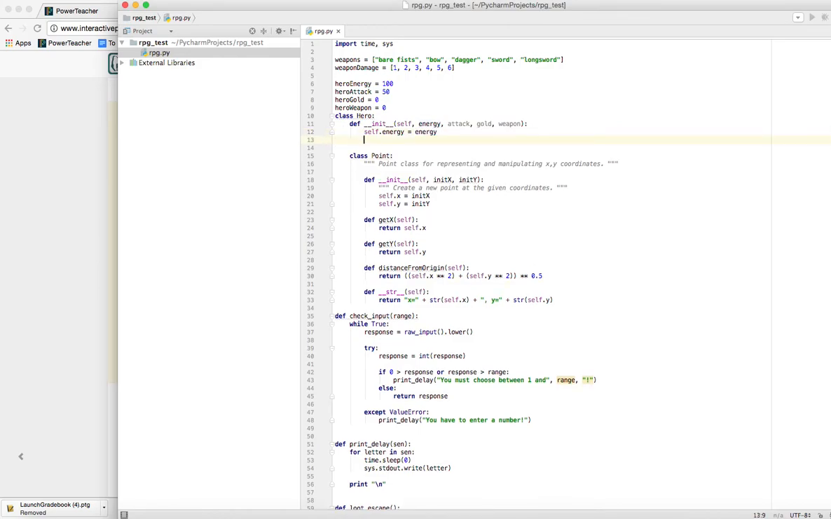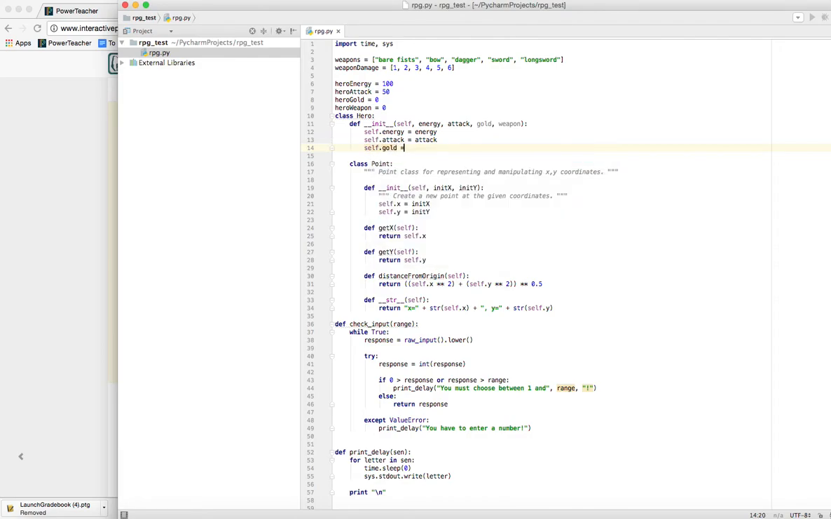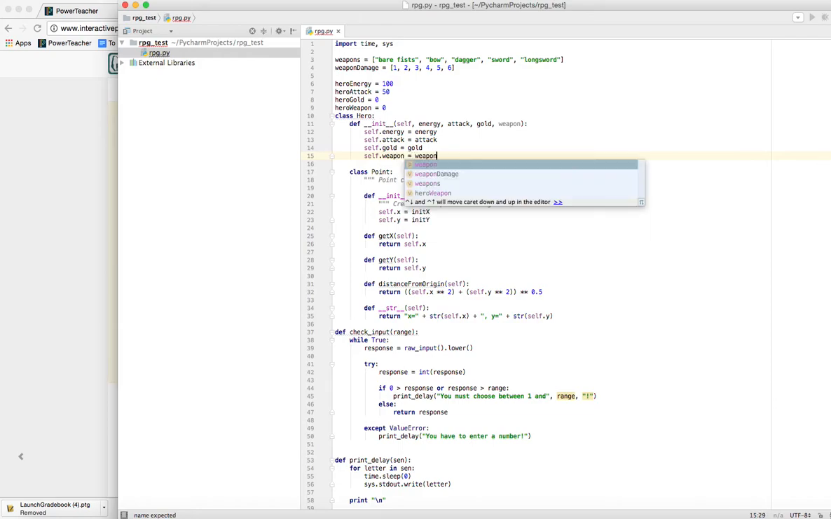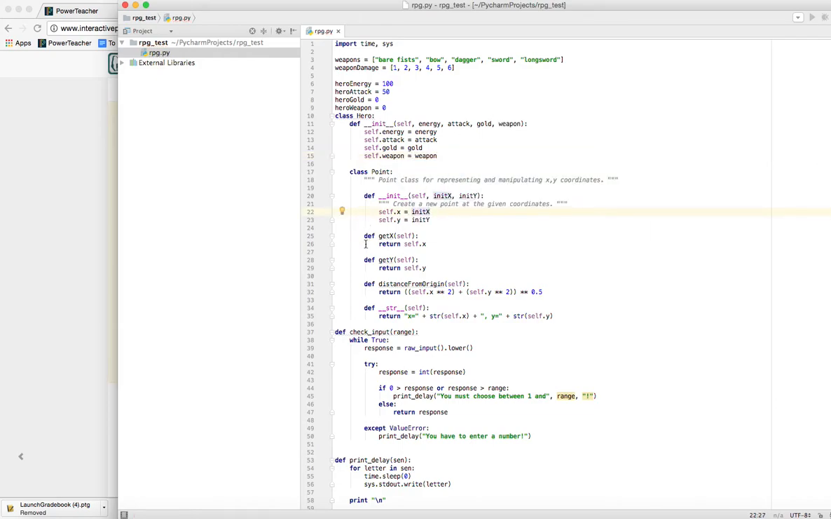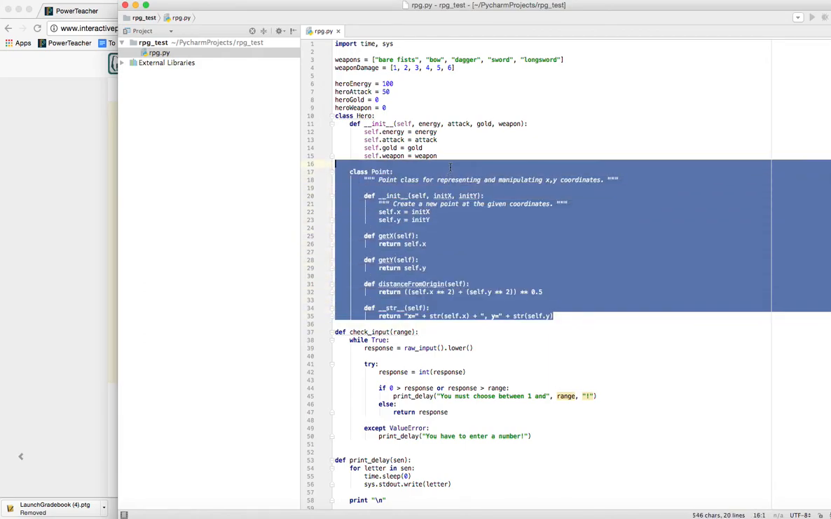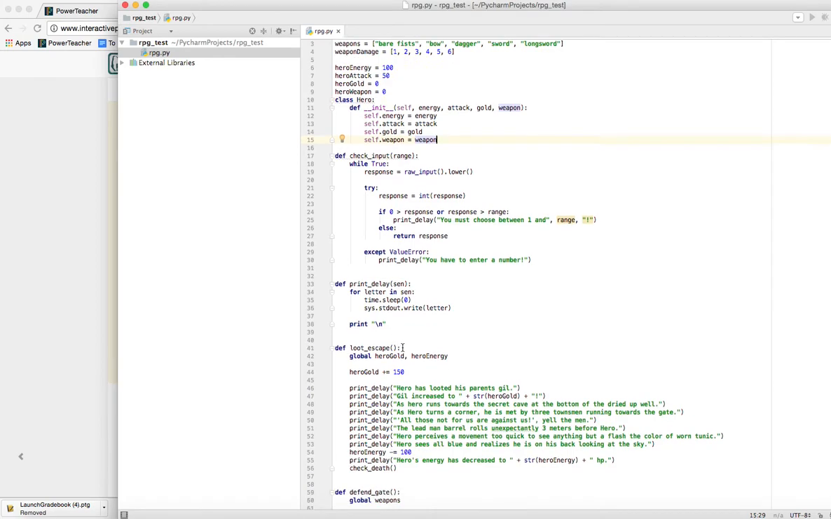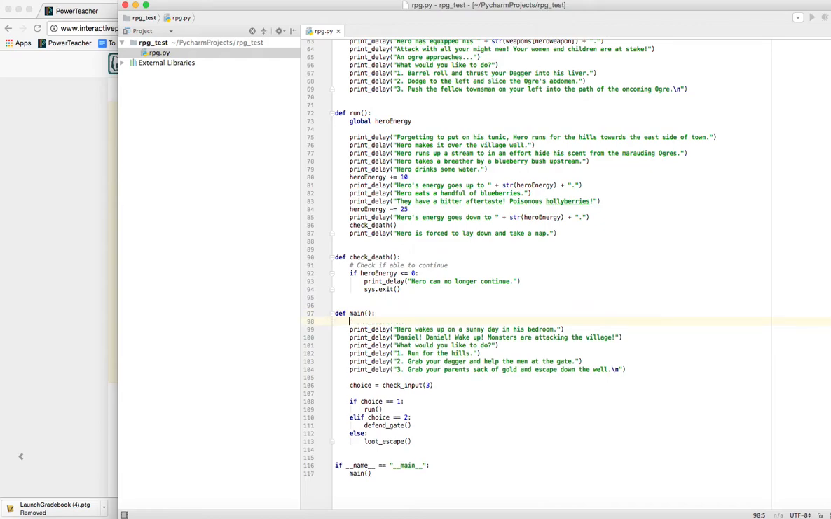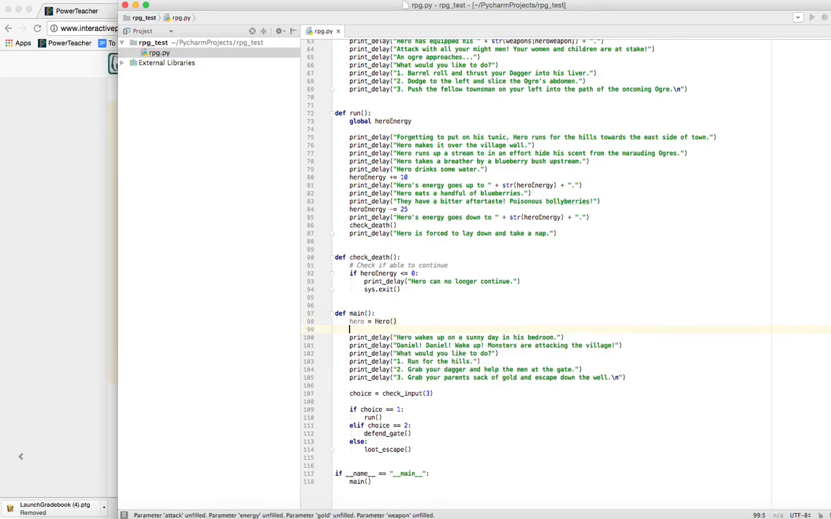So there we go, and we say self.attack is going to equal attack, and we will say self.gold is equal to gold, and self.weapon is equal to weapon. And that's about it for now. We won't define these just yet, and let's go ahead and test and see if it works, right? So down here, instead of making those global variables upstairs at the top of your program, we are going to make a hero variable